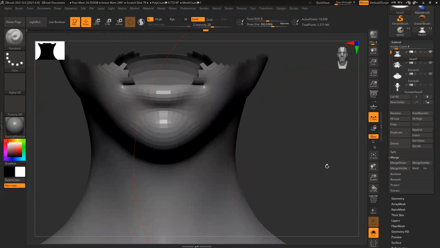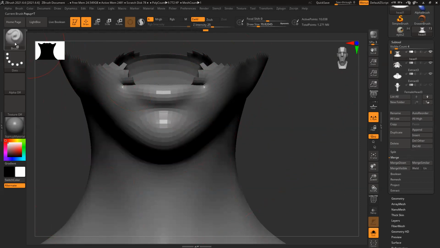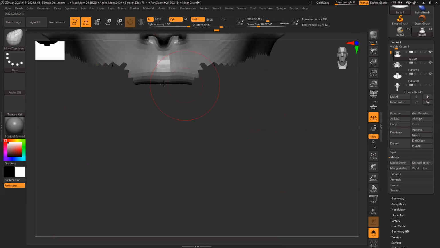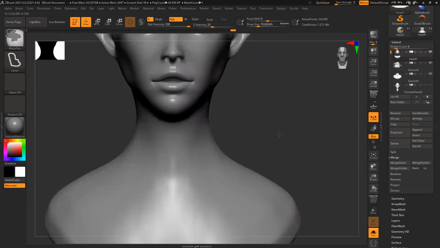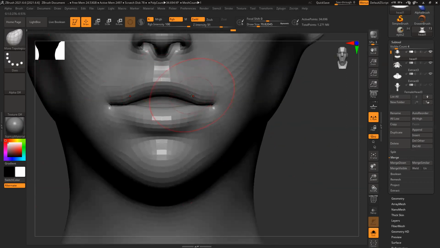Same like the mask. Okay. Control drag outside. Control Shift drag outside. Same thing. I'll use move topology so that I won't affect this area. You can see if I move this, it's slightly affected. So I'll use move topology. Control Shift, drag outside, inverted. Will open the mouth very easily. And if you use move topology, then also you can work on it. You can see it won't affect the other areas that much.